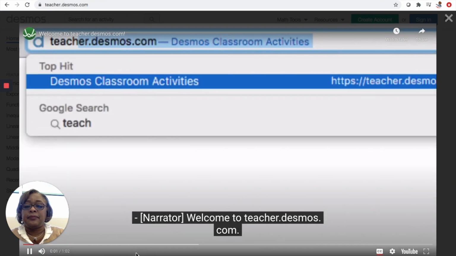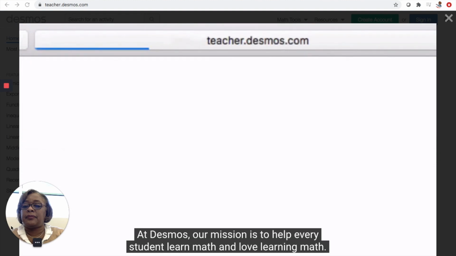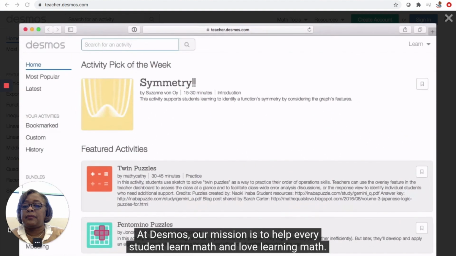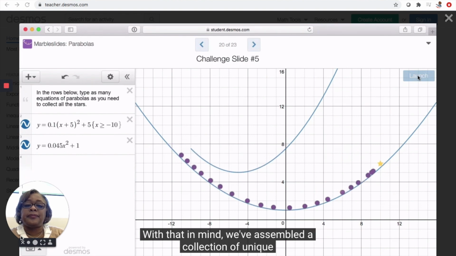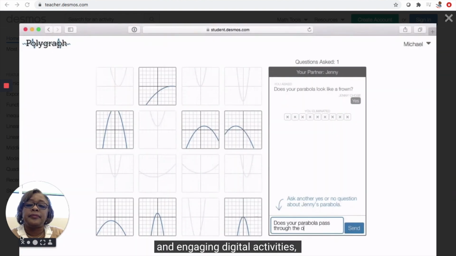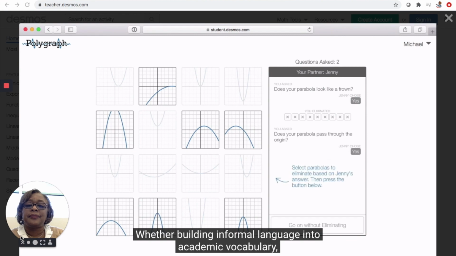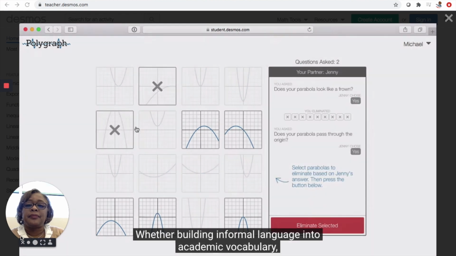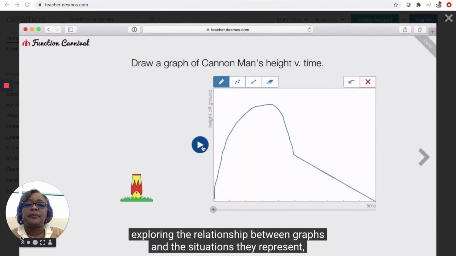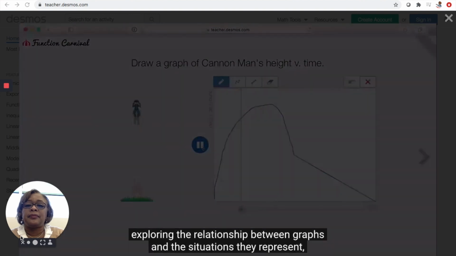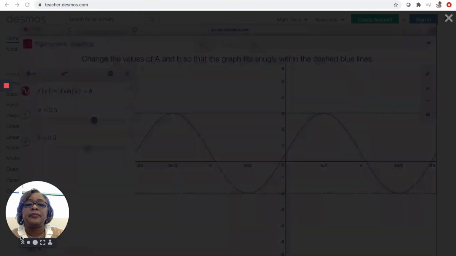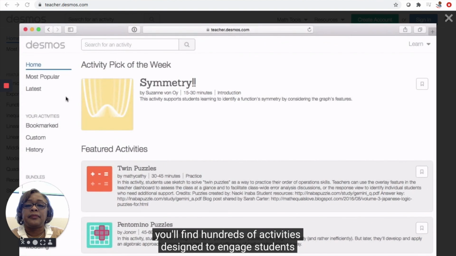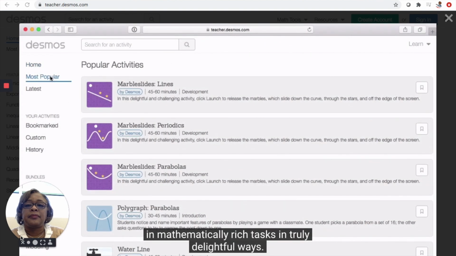Welcome to teacher.desmos.com. At Desmos, our mission is to help every student learn math and love learning math. With that in mind, we've assembled a collection of unique and engaging digital activities. Whether building informal language into academic vocabulary, exploring the relationship between graphs and the situations they represent, or investigating how parameters in an equation affect the graph, you'll find hundreds of activities designed to engage students in mathematically rich tasks